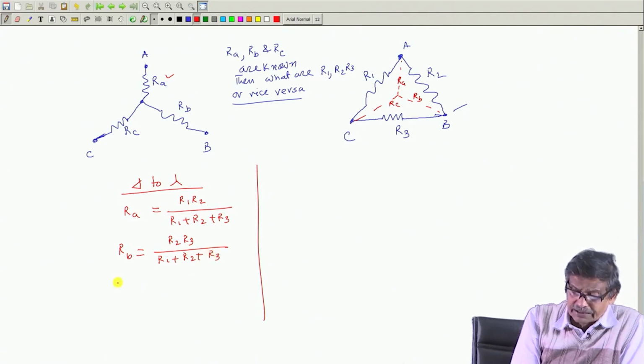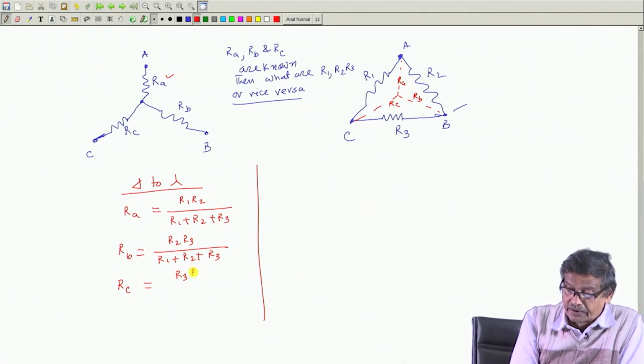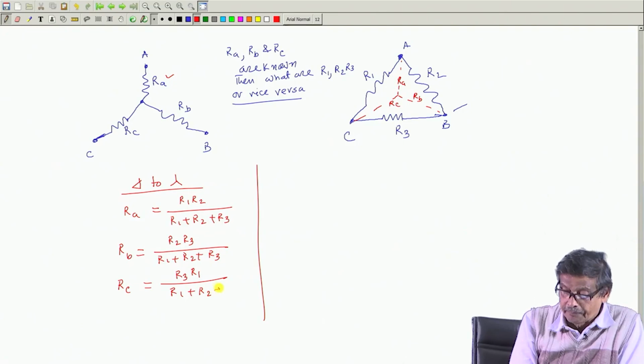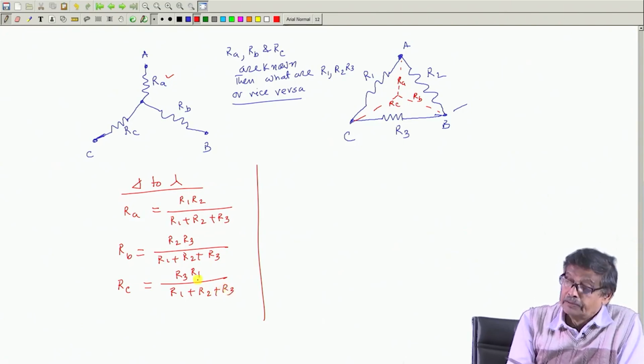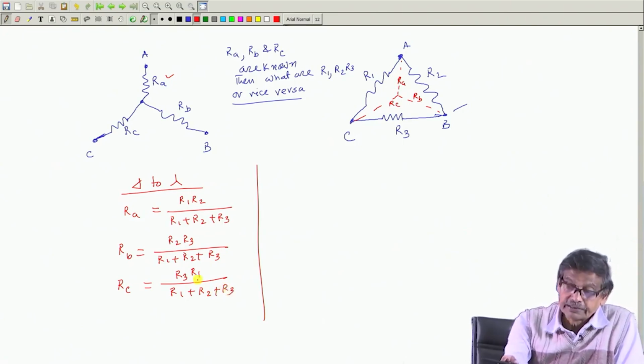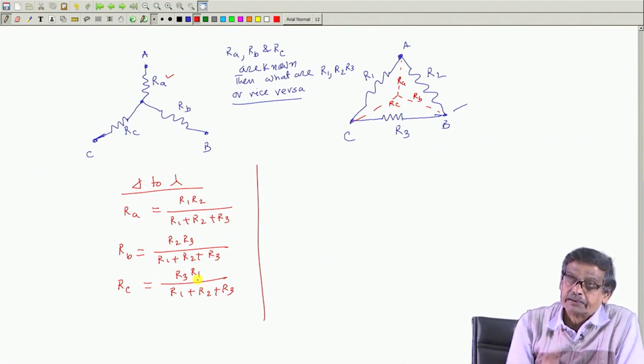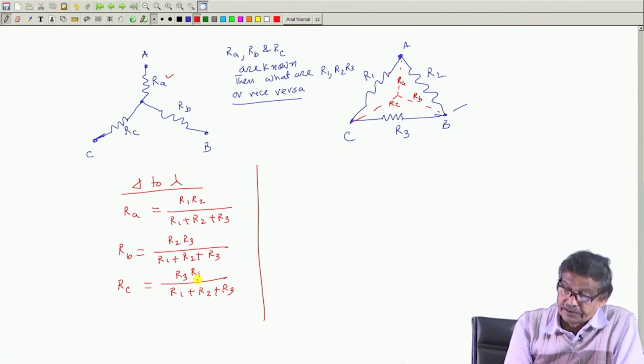They could also be impedances, do not worry. R C is equal to R 3 R 1 divided by R 1 plus R 2 plus R 3. So, if the delta values of resistances are given, an equivalent star can be made at those 3 points A, B, C. And for star to delta,